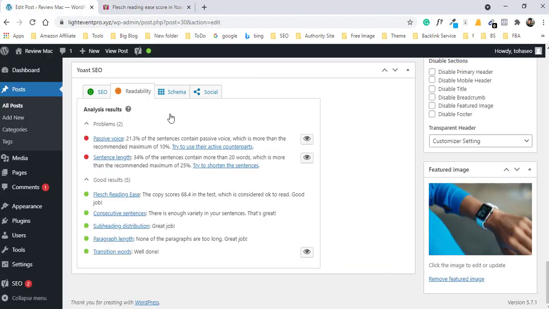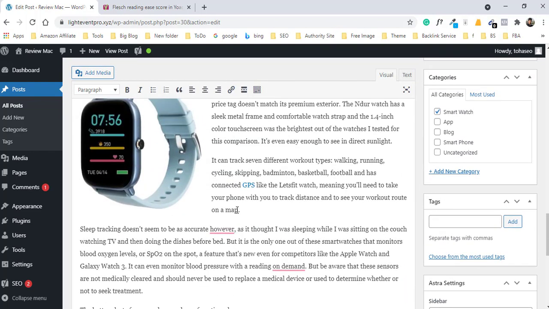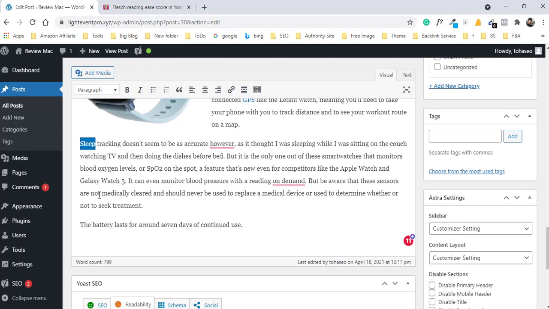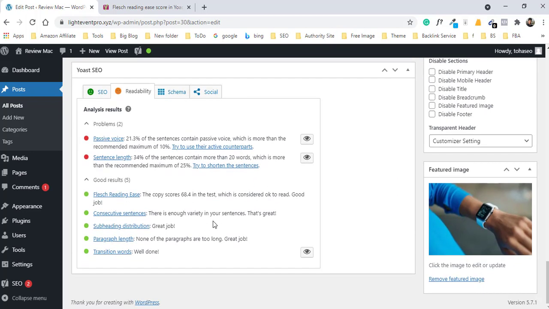When you are writing content, you think about it. And here you see there is enough variety in your content. That's great. Variety in sentences is a must, because you cannot start with the same word. If your sentence starts with "sleeping" and again you start your next sentence with "sleeping," it's very annoying and boring. So try to add variety in your sentences.